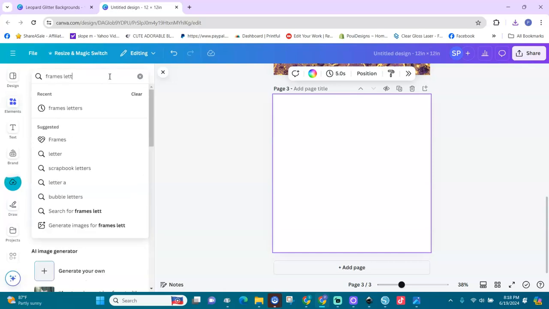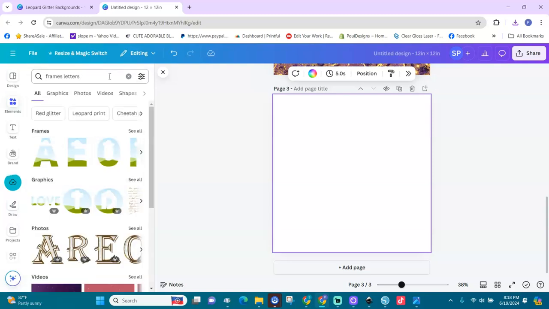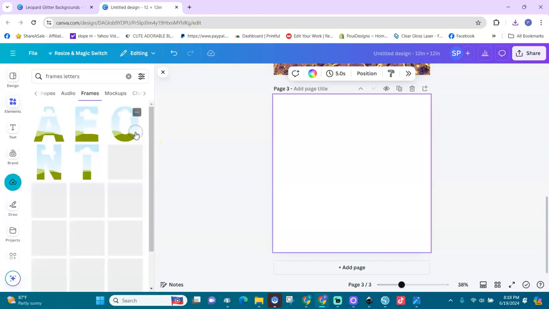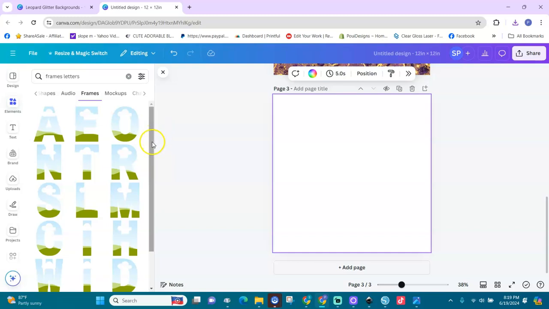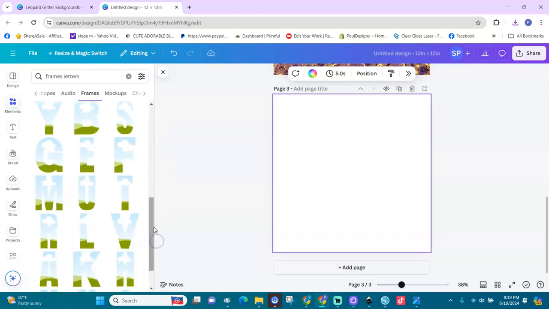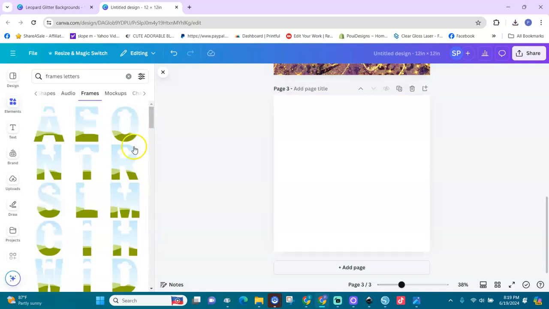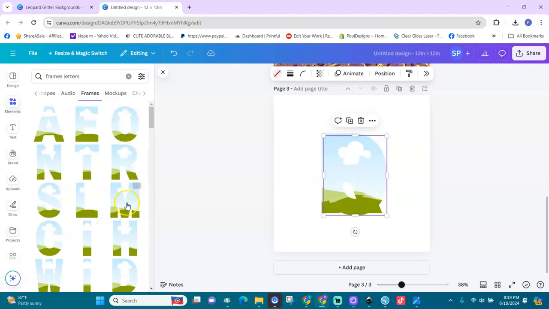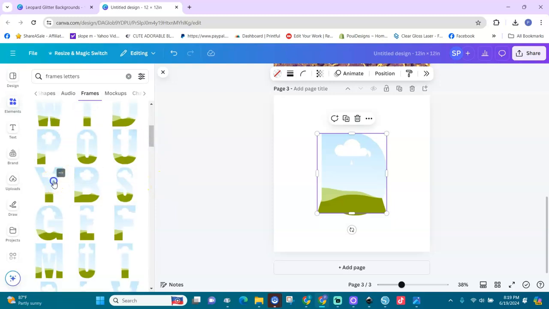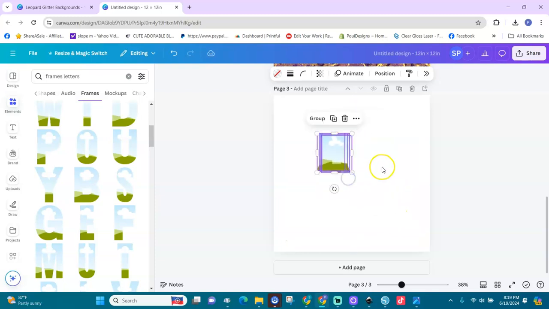I'll say letters. Okay. For instance, let me see what letters I love. If you don't like those letters, you can create your own. Okay, or you can purchase some from Etsy. Let's say I'm going to use these ones. I'm going to write down Royal, R-O-Y-A-L. Okay, I'm going to select all, make them small, and then I'll drag one here, select them all,